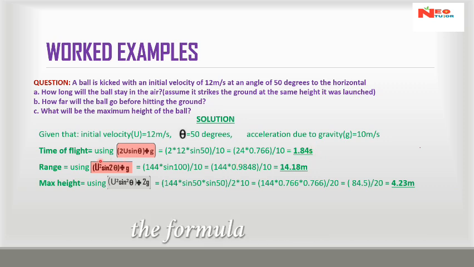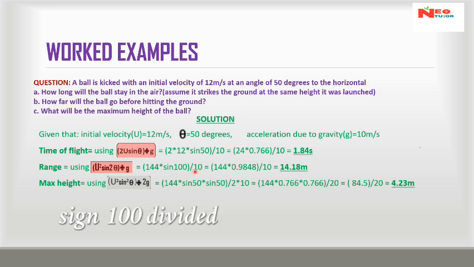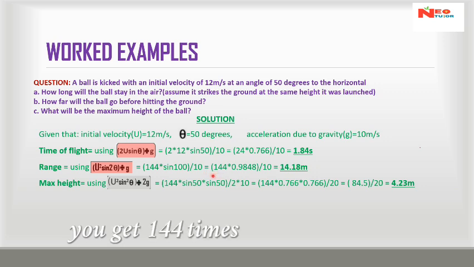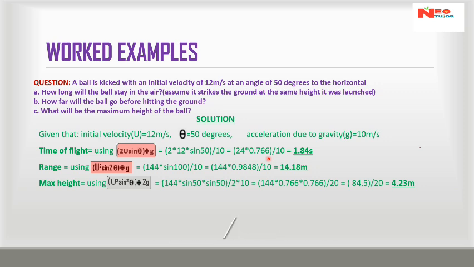Now your range, the formula for range is u square sin 2 theta divided by g. You put in your values, we all know that u is 12. 12 square is 144. Then sin 2 theta is sin 2 times 50 is 100, sin 100, divided by your acceleration due to gravity 10. You get 144 times sin 100, which is 0.9848, and it gets 144 times 0.9848, 141.8, divided by 10, you'd have